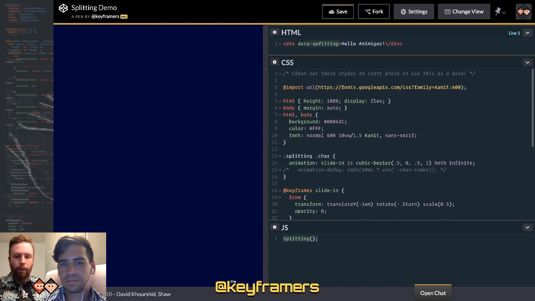So one of the ways that utilizing these CSS variables is really awesome is just by adding a little bit of staggering. So with animation delay, we're using calc, the calc function in CSS, and this allows us to delay the animation by 160 milliseconds for every char index. So you can get some really interesting effects there.